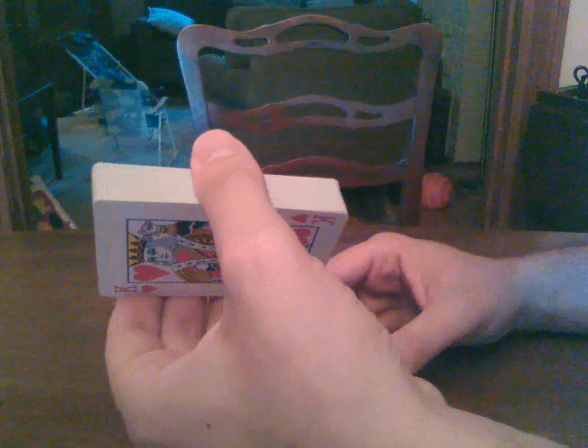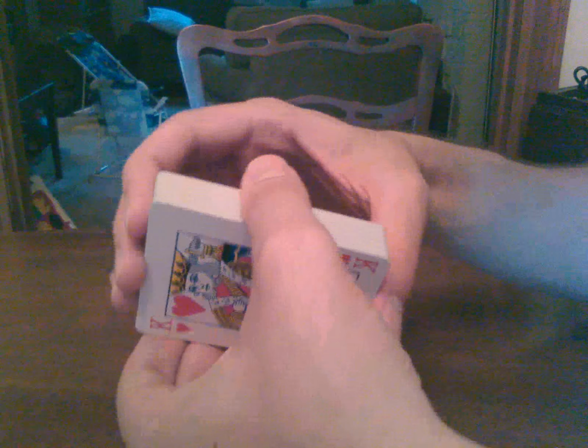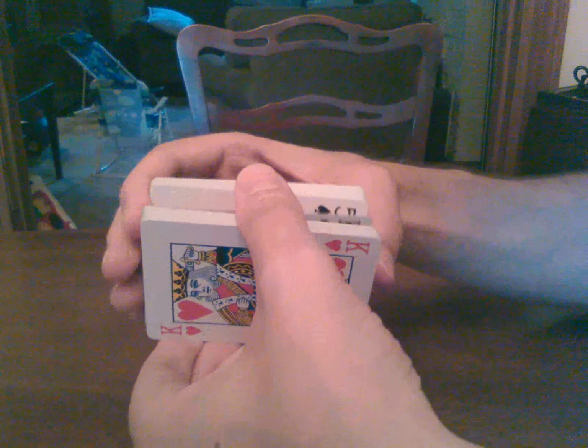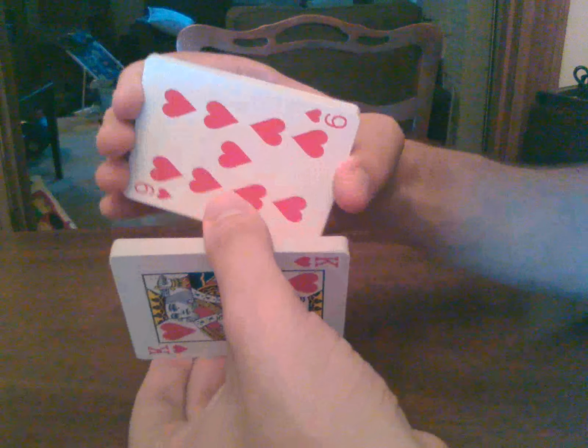Now, a good shortcut that I mentioned for dividing the cards up is you'll have the king on the bottom. You'll know that it's 26 cards if you reach a 9. I believe, yeah, a 9. So that'll be on the 5th Faro shuffle. 26 cards will be a 9. Okay, and again, I'll show you how they lock in. You just want to get that corner. Once that first card registers,